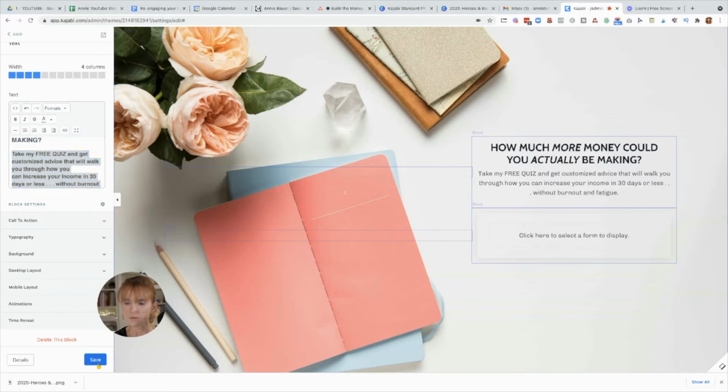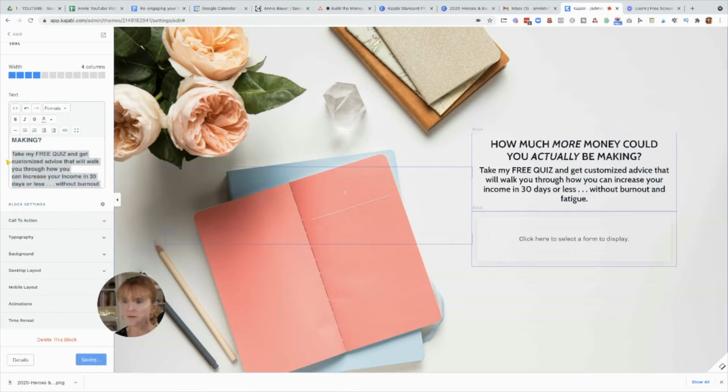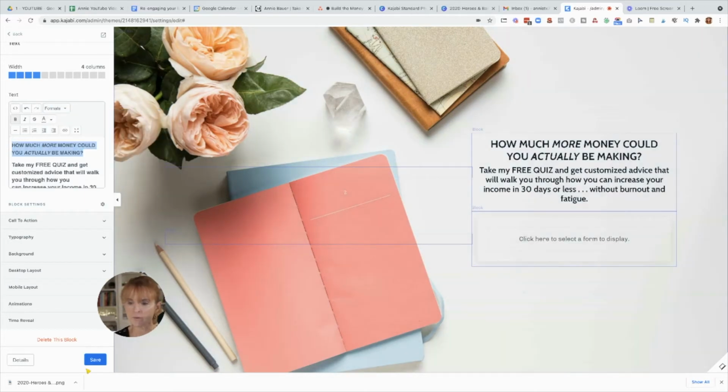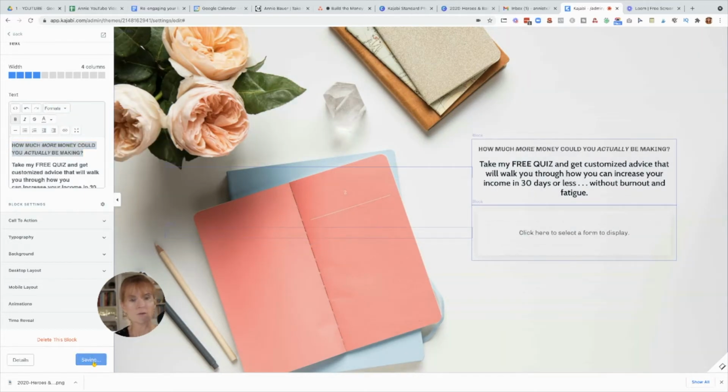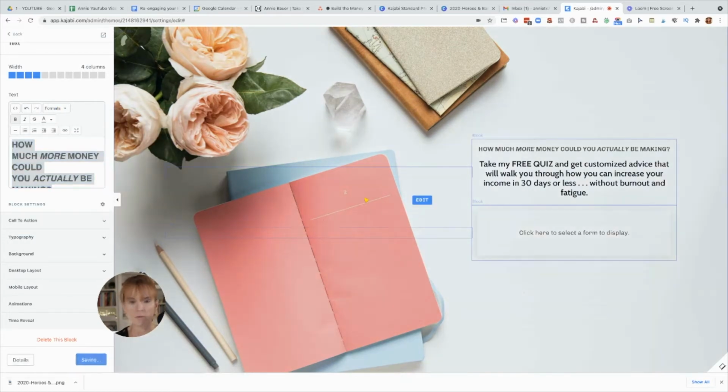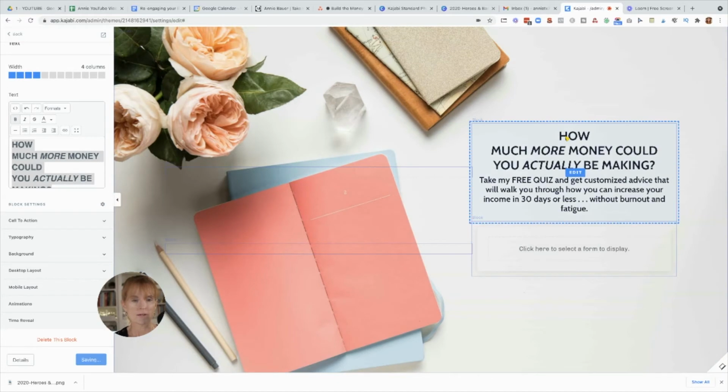So I'll come over here, make it a little bigger. And it's still going to make it a little darker. And then let's take this headline and let's make it just a little bit bigger than the body text. Okay, so whoops, here we go, heading 2. Now we have our headline and we have our body text.